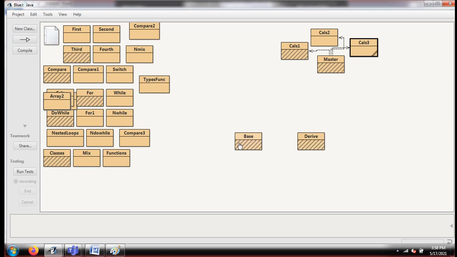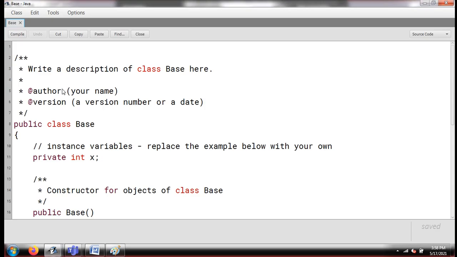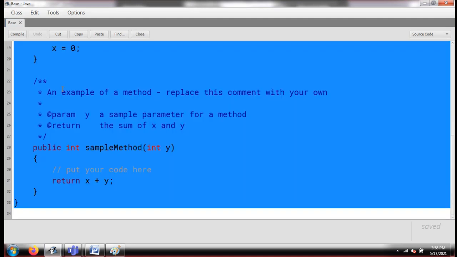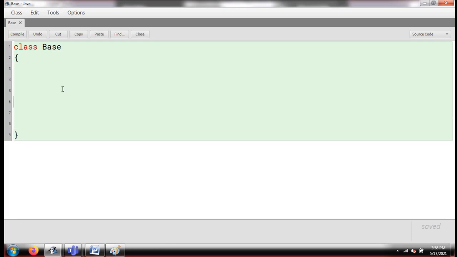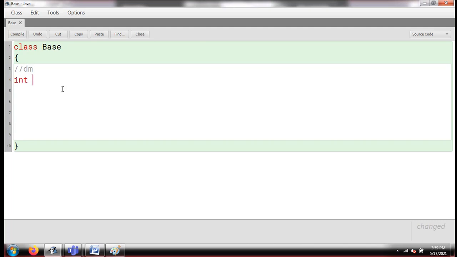Now what I'm going to do is code inside my base class. First of all, I'm just selecting the entire thing as we always do. I simply write here class, and I write here Base. I come to my class, and I'm going to create a data member. This is my data member, and I'm simply using int a, b, c, simple.